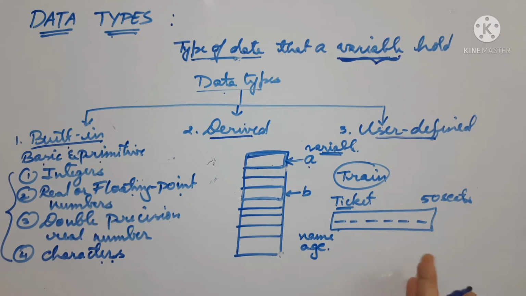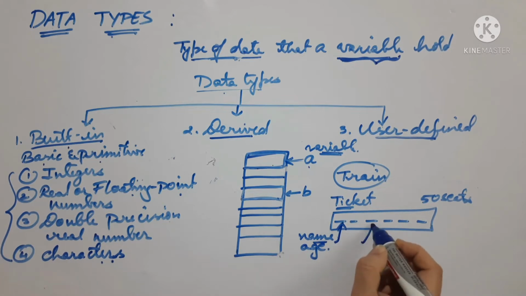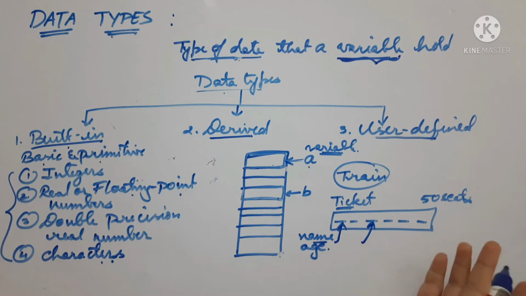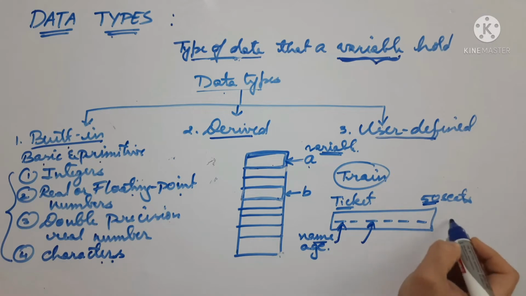Also you will have some proof. Let us take just two things. One is name and age. So these two are nothing but variables. So when you declare a variable, when you declare your name, one ticket will be booked. Another person will also come, he will also book a ticket. Why do you require booking of tickets? Because there is a limit that you have only 50 seats. Can you exceed this? No, not allowed.